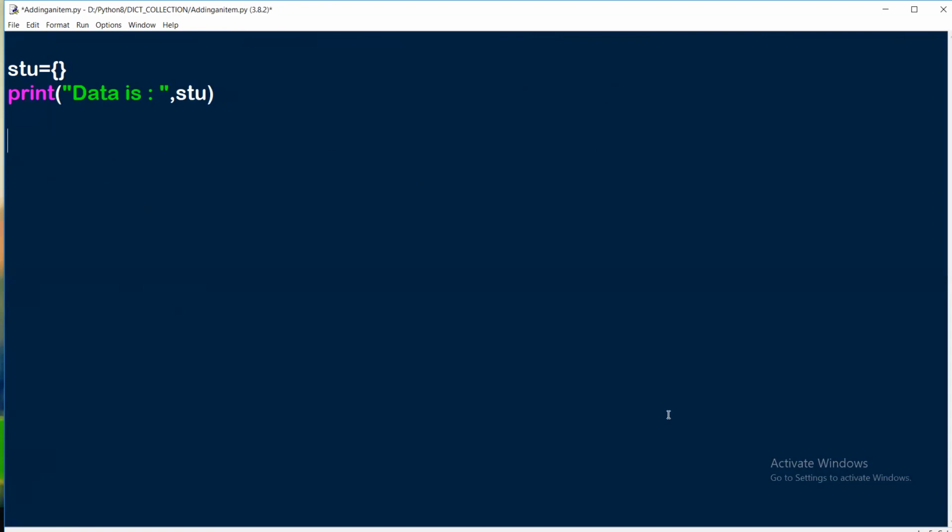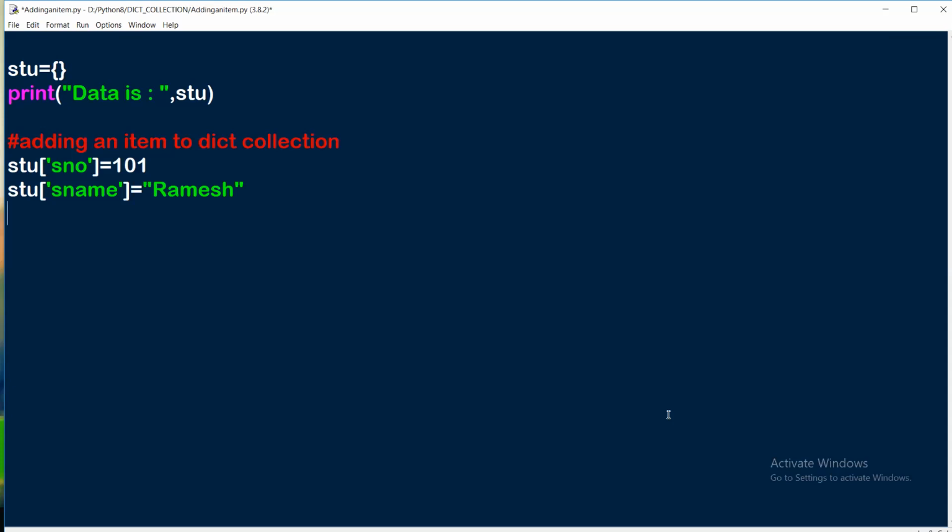Yes. In that case, to add an item to the dictionary collection, you need to write the dictionary and you have to give the key, and then we have to pass the value to that key. This is the way you need it. You need to add one item into the dictionary collection. Again, you need to write the dictionary, what key you want to define inside the brackets, and what value you want to give for that. We have to write this one.